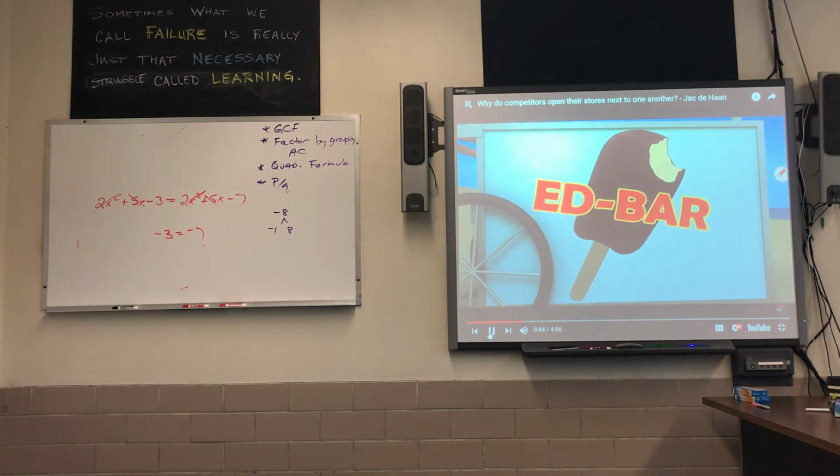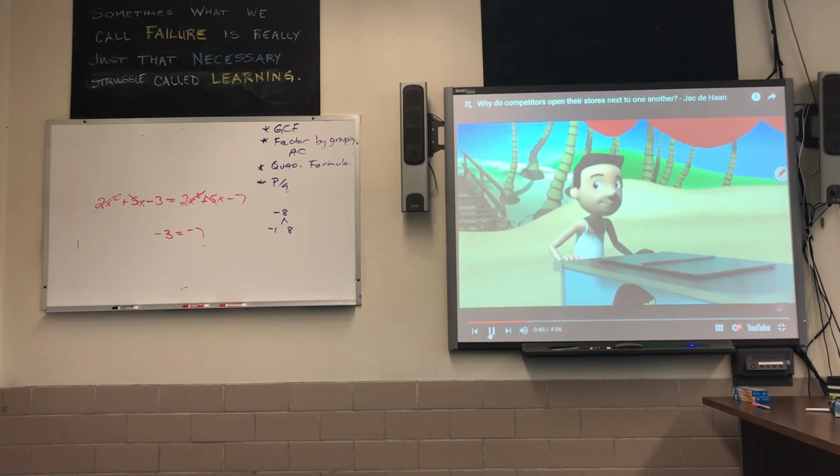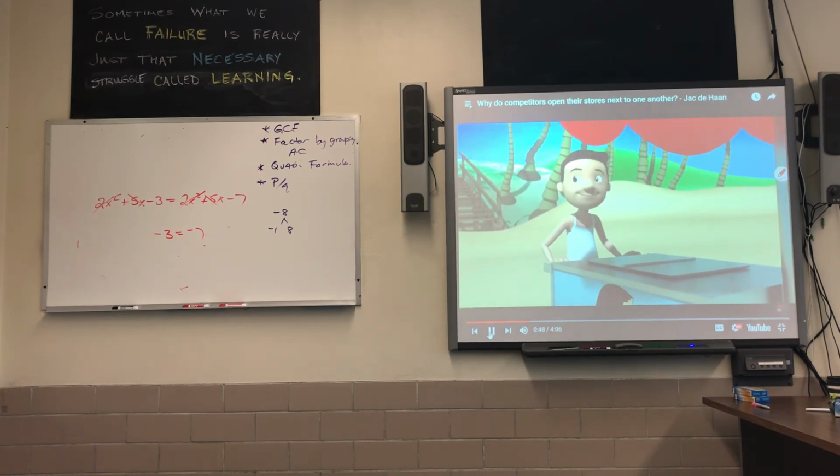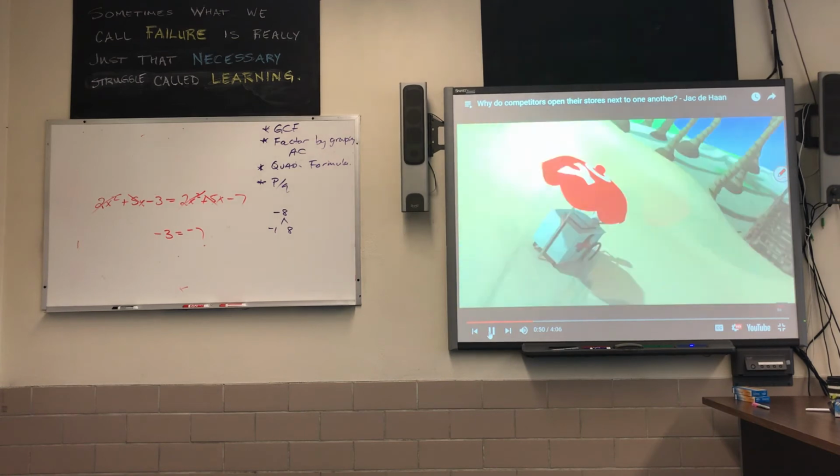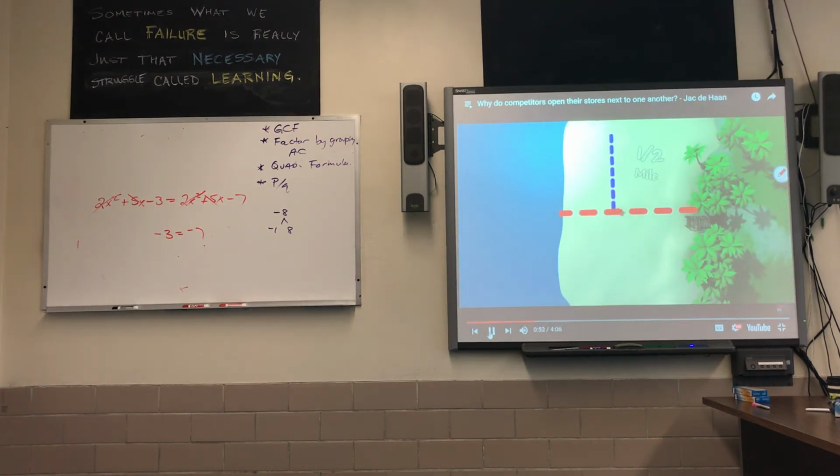Imagine that you sell ice cream at the beach. Your beach is 1 mile long and you have no competition. Where would you place your cart in order to sell the most product? In the middle. The 1/2 mile walk may be too far for some people at each end of